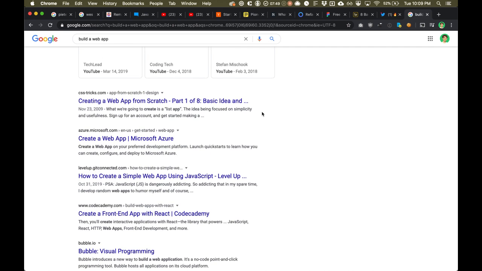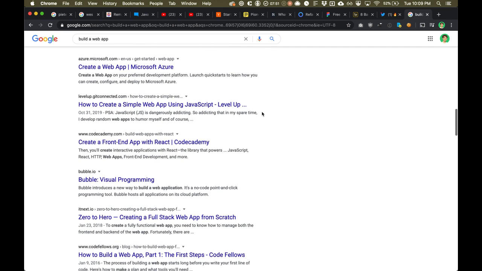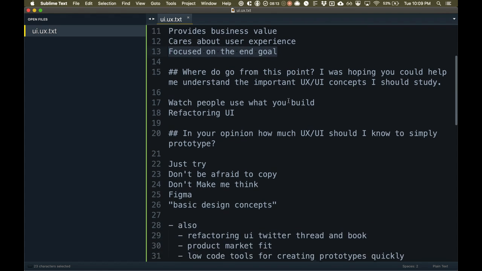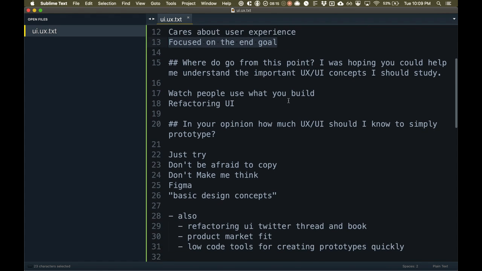But if you can set that final goal as your ultimate concern, and your company doesn't have to look after you and keep track of you, that's going to be incredibly valuable for them, because your boss is super busy, right? No matter what company you're working at, your boss does not want to be concerned about what you're working on every day. So if you're focused on that end goal, that's going to put you leagues above anyone else.